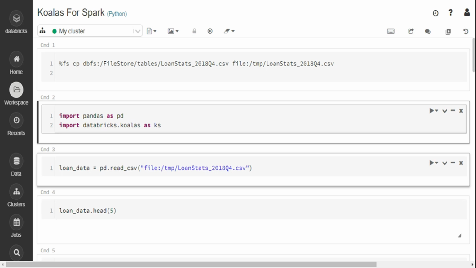Now, on the other end, Spark is a very efficient processing engine for running pretty large data sets. But the challenge is, for somebody who is very comfortable with Pandas and everything, there's a huge learning curve to learn Spark. How can this be made simpler? And that's where Koalas comes into play.